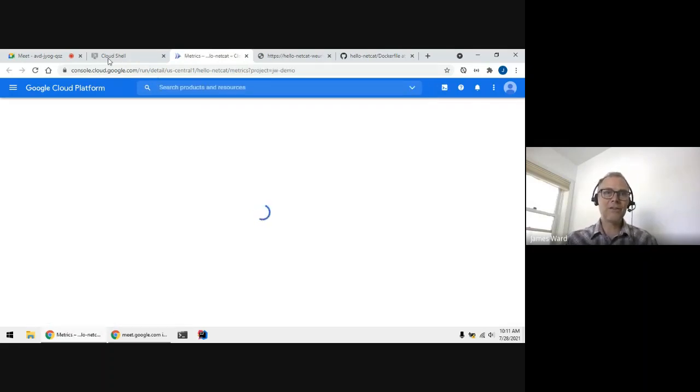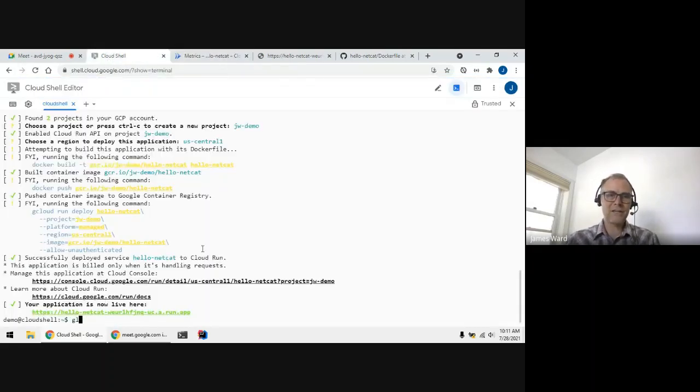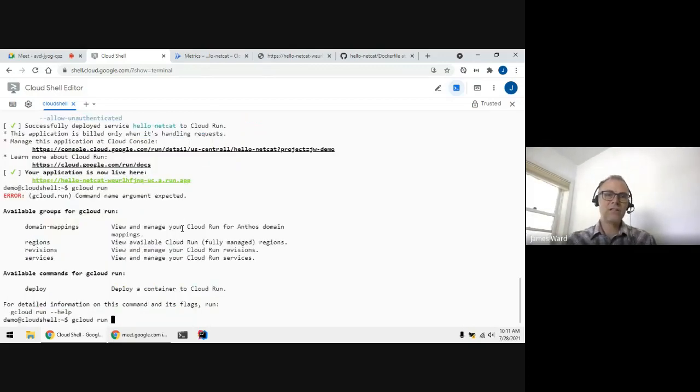the UI. So we can do everything through a command line. I can say gcloud run, and I can do deploy. I can inspect my services. So let's see what options are available in gcloud run. We can come in and look at my services,